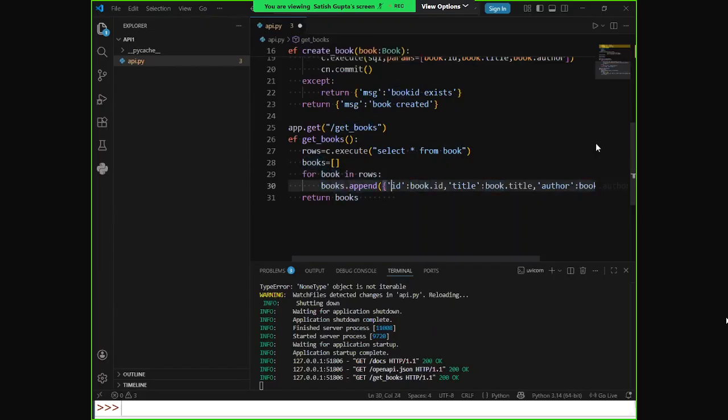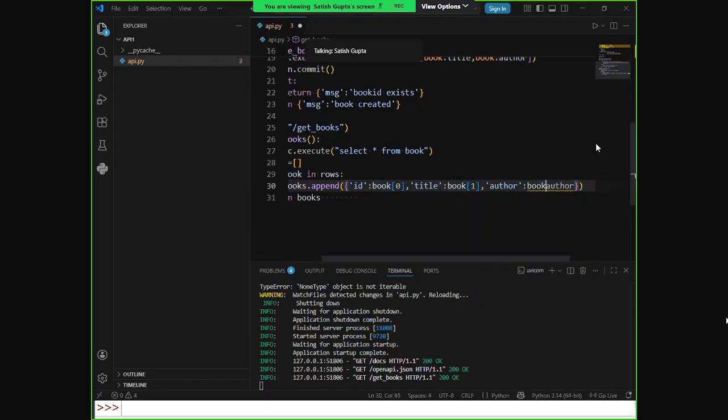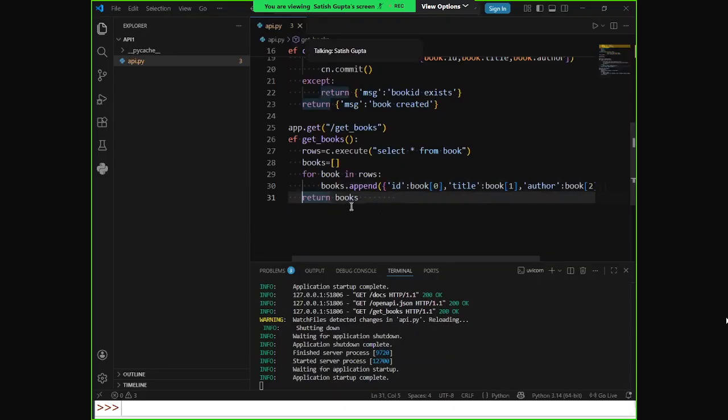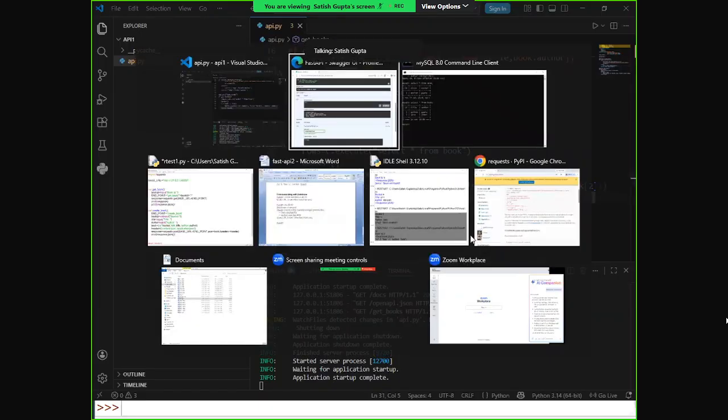So books dot append. What do you need to do? Book of zero, because each row is one tuple, or not? Yes. Book of one, and this is book of, or a book of what? Two. Then return the list. What is the list? Books, right? Okay. Then